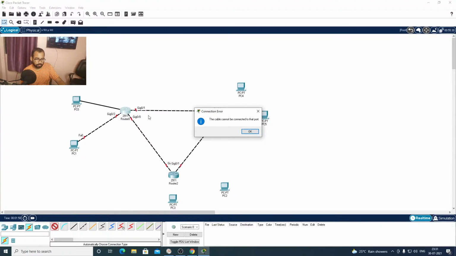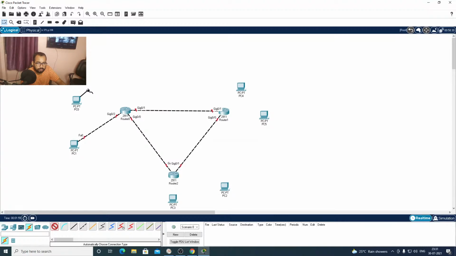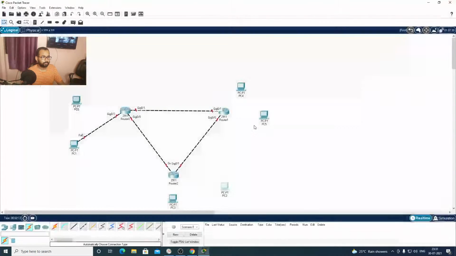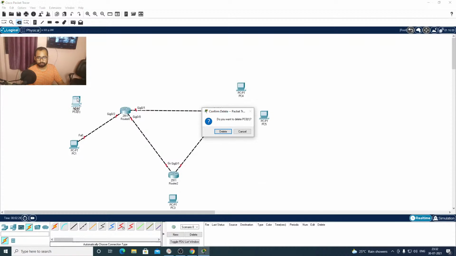We can't attach the cable to this port because the available interfaces on this router are limited to three only. So we'll restrict our lab scenario to only three computers. We'll delete the additional computers here.